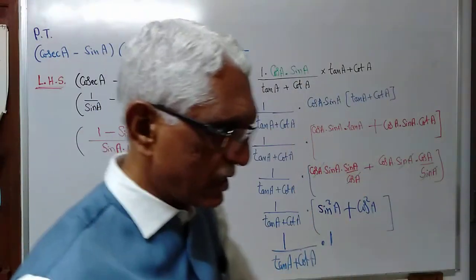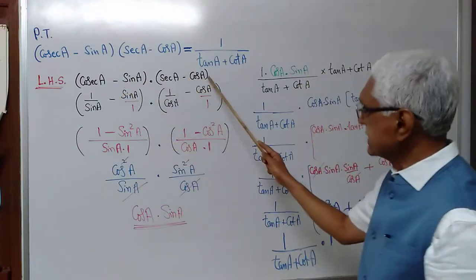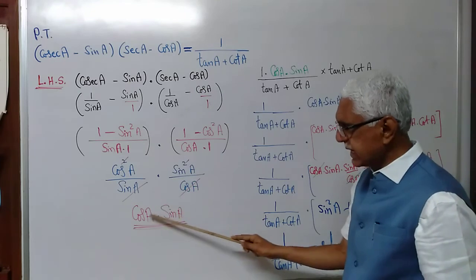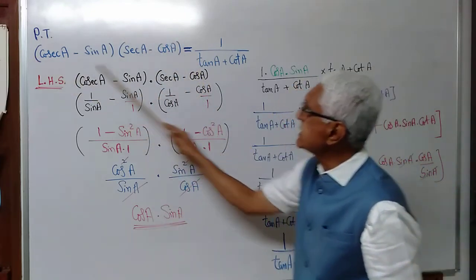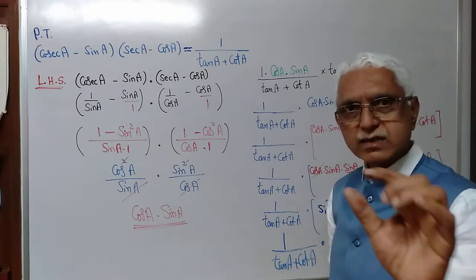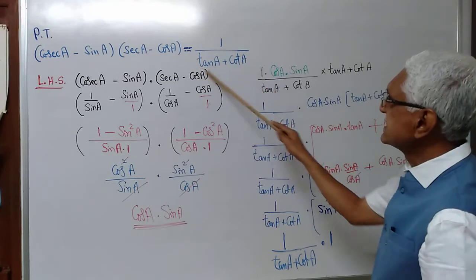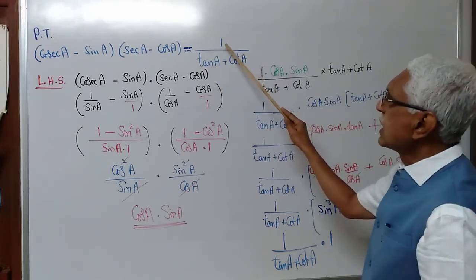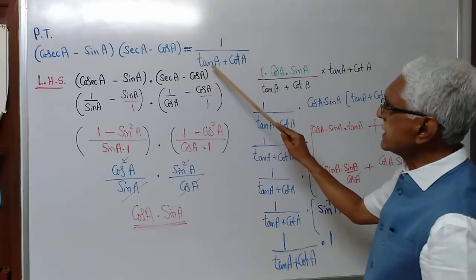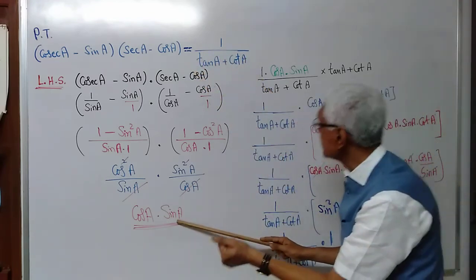I'll just suggest, and you can do that, right? You take the left hand side as I have taken. I simplified. What did I get? Sin A cos A. The left hand side has given me sin A cos A. Call it as result number 1. Now take the right hand side. Simplify this. How will you do it? 1 whole over sin A by cos A plus cos A by sin A. Simplify it. You will get the same thing here.